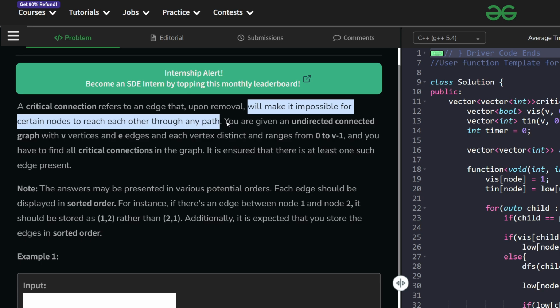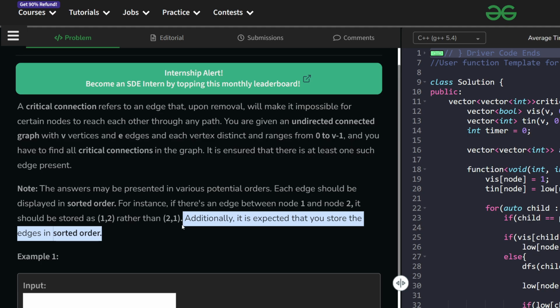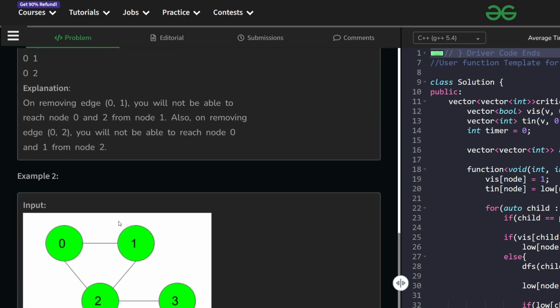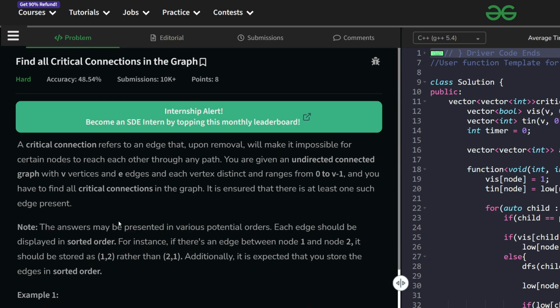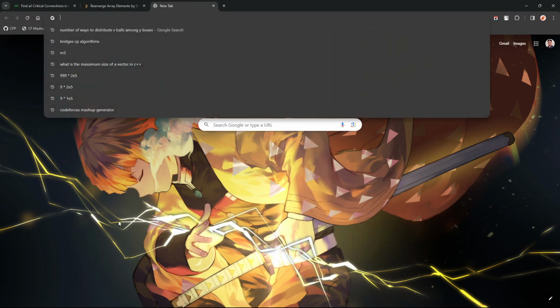Now we have been given the graph and we have to find all of those critical connections, and we have been given some formatting on the output such that whenever we refer to an edge, we should always take the smaller element first and then the bigger element to define an edge. And also the final edge list of the bridges should be in sorted order as well. Now the problem basically boils down to finding bridges in a graph, and that is a very standard problem. We'll discuss it, and in case you need any help, you can search for bridges